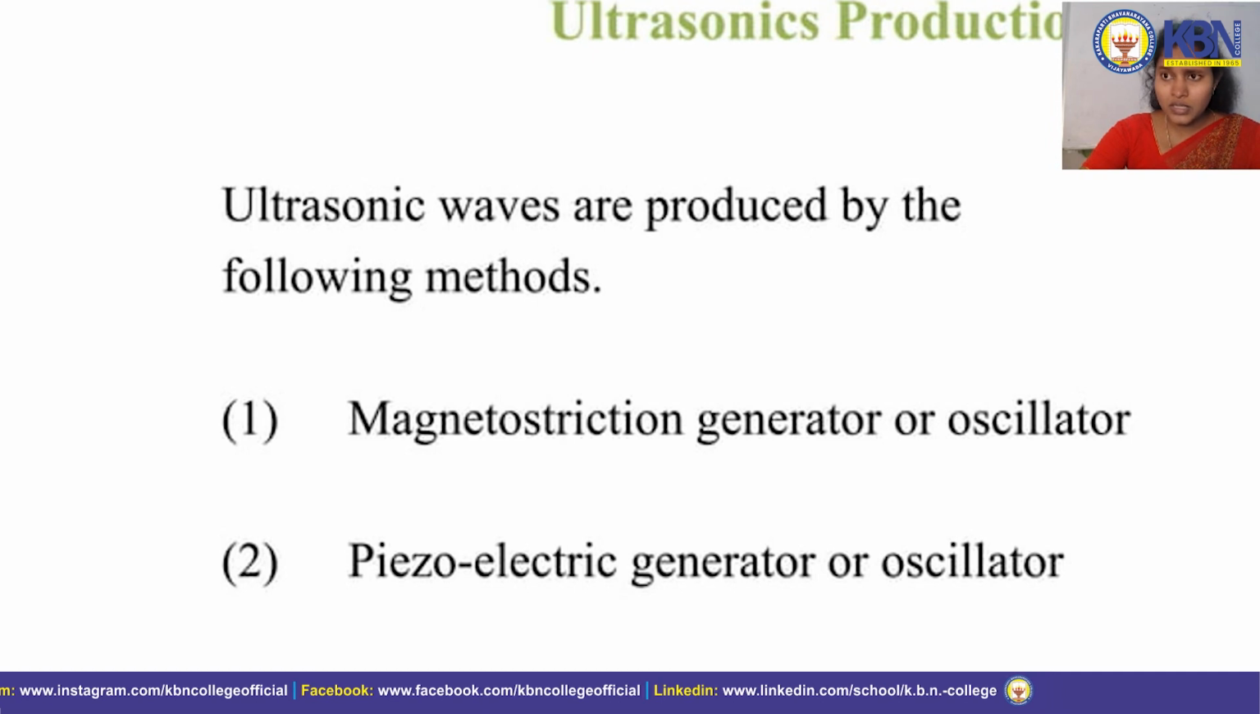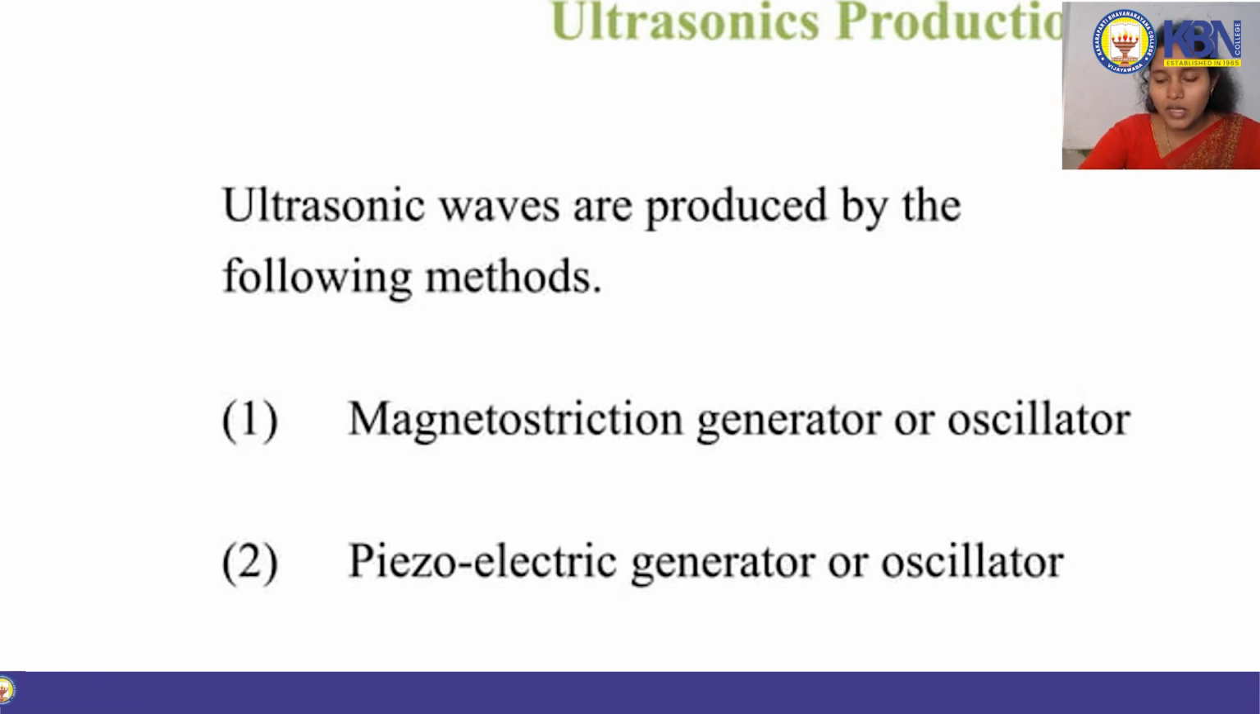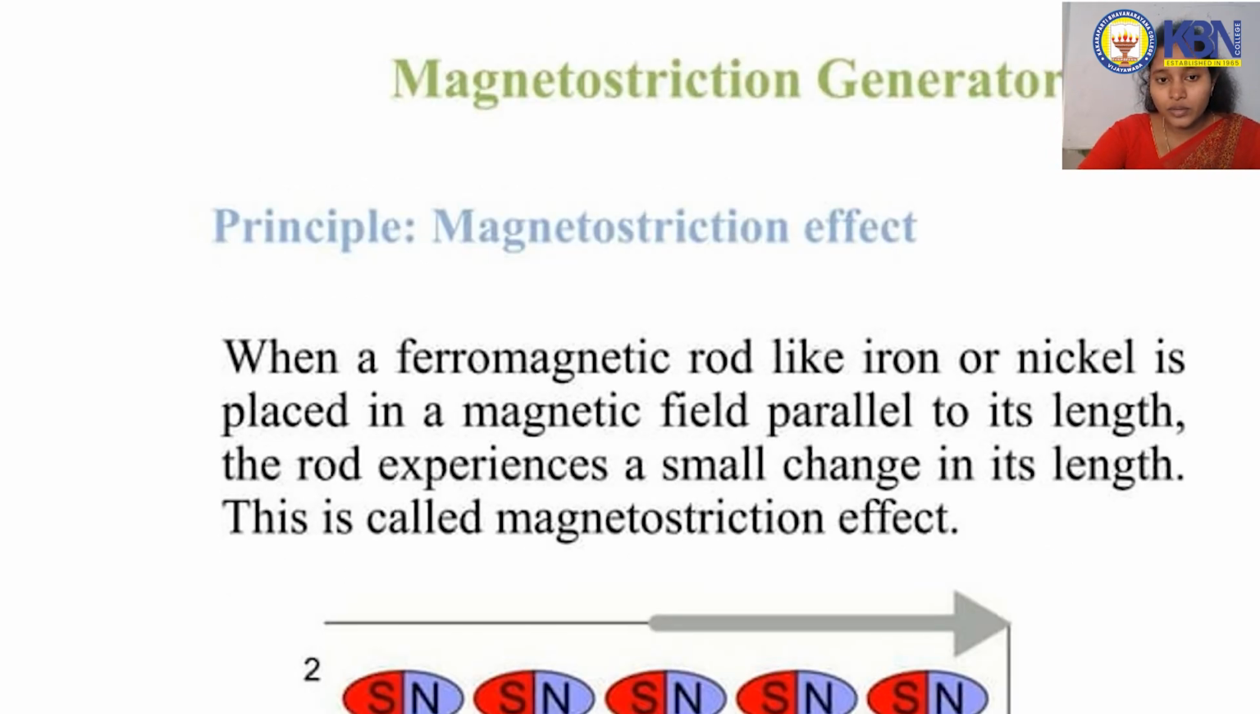So, ultrasonics production. We can produce ultrasonic waves by using the following methods: the magnetostriction generator or oscillator, and the second method is the piezoelectric method, that is the piezoelectric generator or oscillator. So here you can see by using these methods we can produce ultrasonic waves. The first one is the magnetostriction